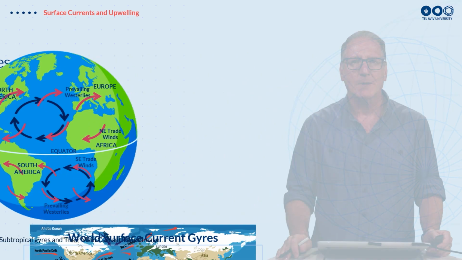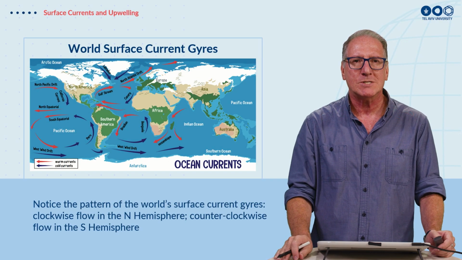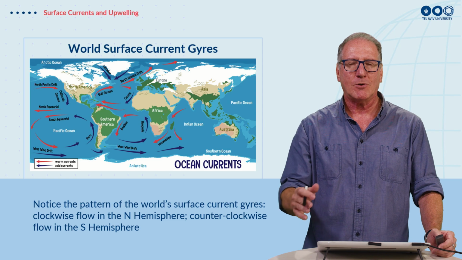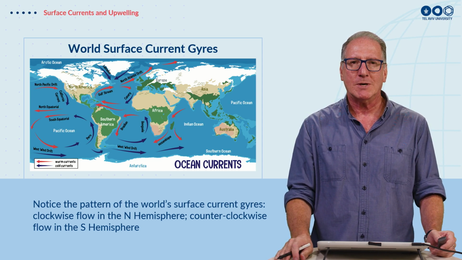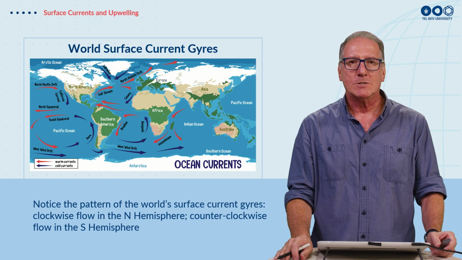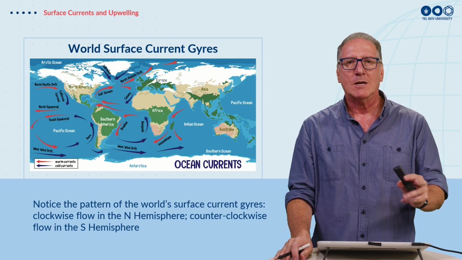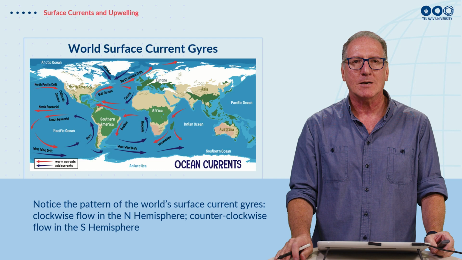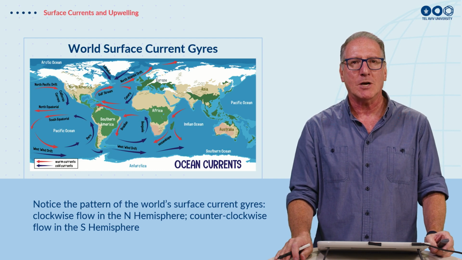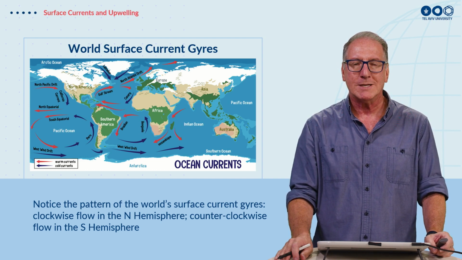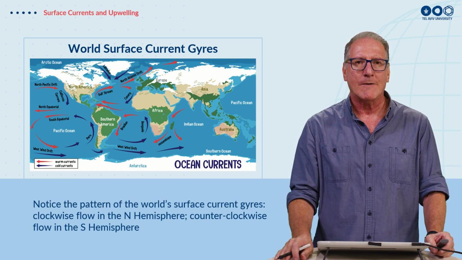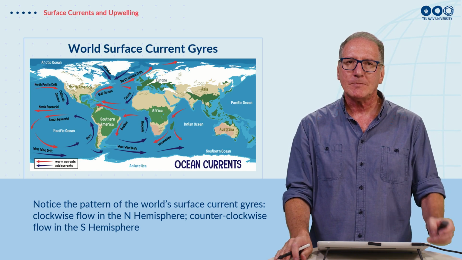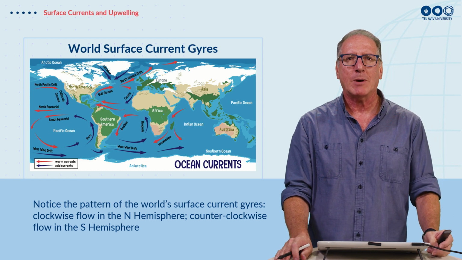And these are basically following the wind patterns in the different parts of the globe, in the different oceans. And if we look on a global scale, you can see that these gyres, which are following the wind patterns, are going, in the northern hemisphere, clockwise. So in the North Pacific, North Atlantic, you can see that the gyres in the ocean are going clockwise. In the southern hemisphere, they're going anti-clockwise, counterclockwise, in the opposite direction. They're pushed initially, again, by the winds.